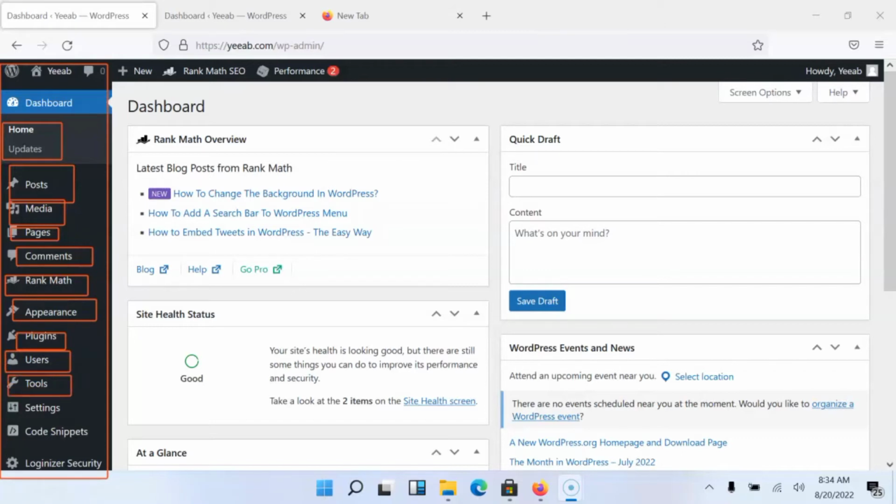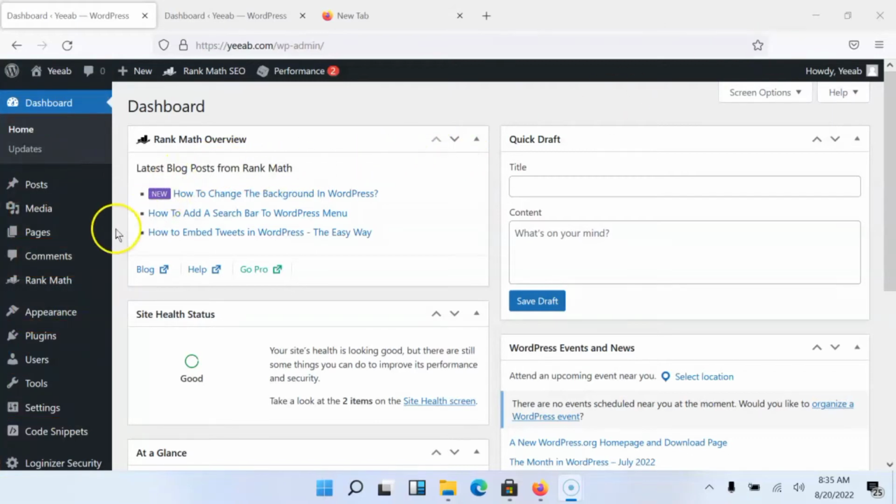So this is Tools, where you erase all your data, import and thereabouts. So this is Settings, where you set your permalink, your site title and thereabouts. So now we are going to head to what we came to do on how to create a WordPress blog